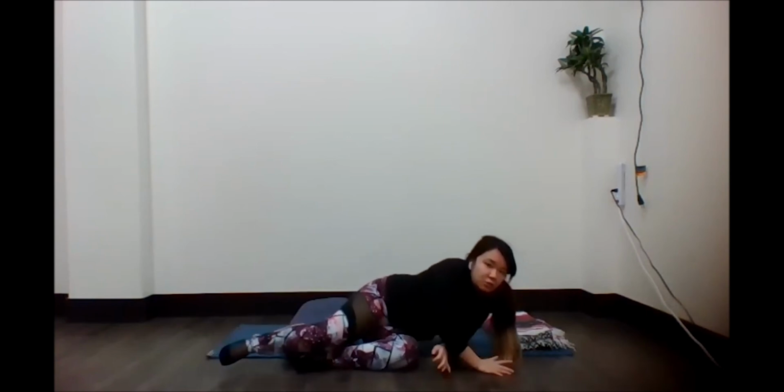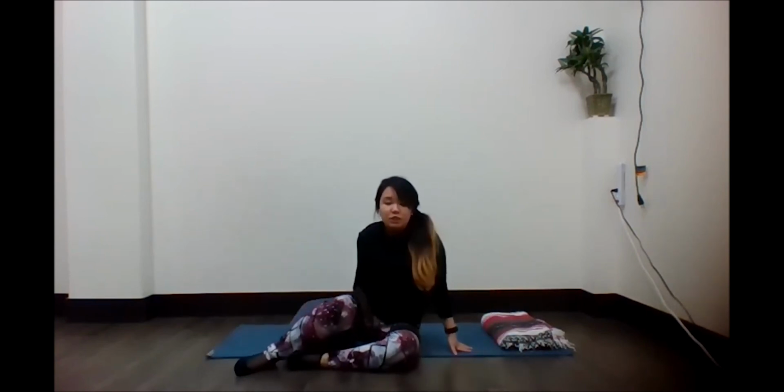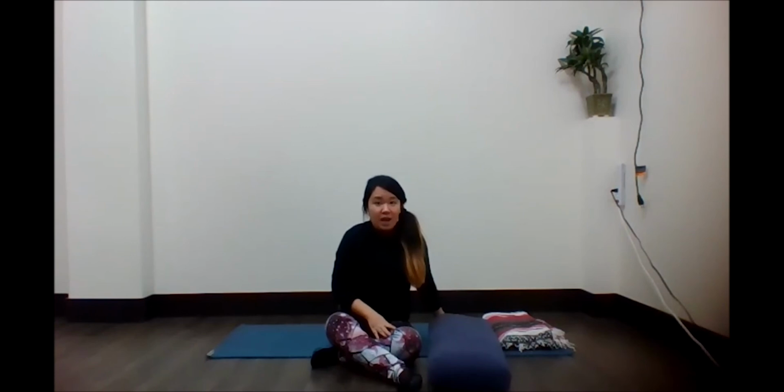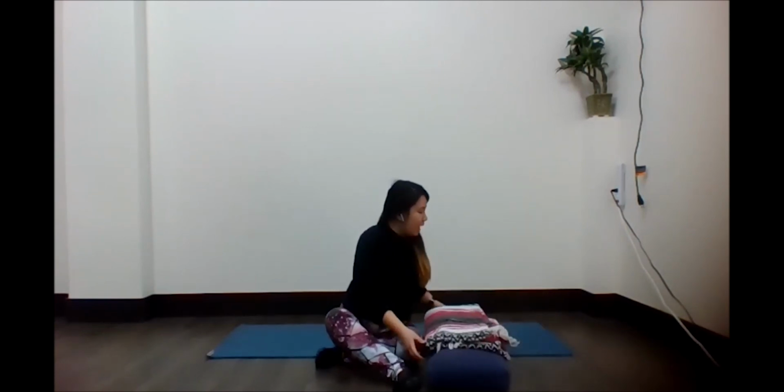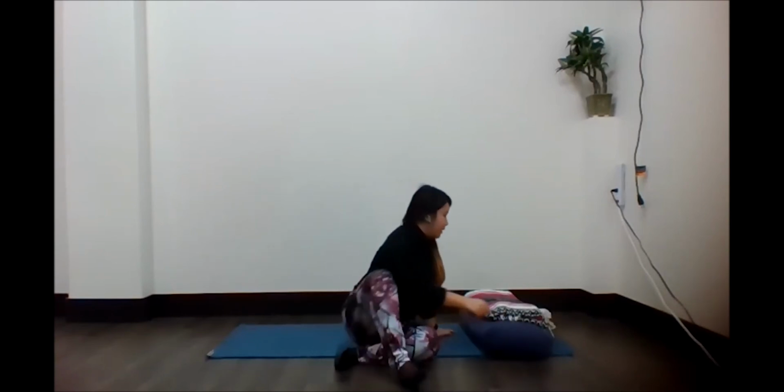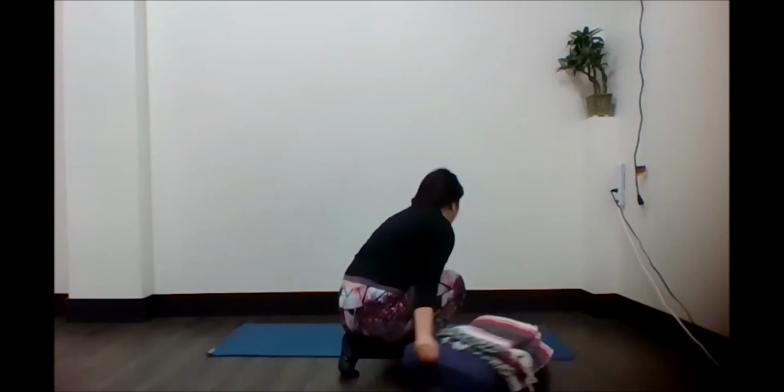Another thing you can do for your Shavasana, which I absolutely love, which I like to always tell people that it got me through school, because whenever I was a stressed out mess, this was my go-to yoga pose. I like to do what's called legs up the wall. And so with legs up the wall, it's exactly as it sounds like. What you do